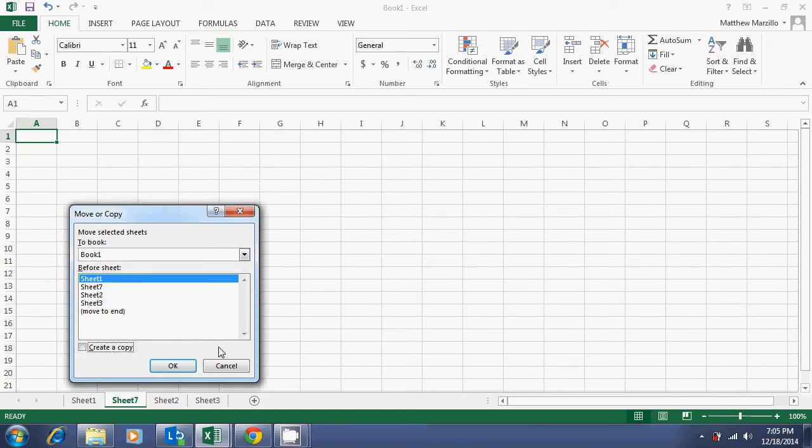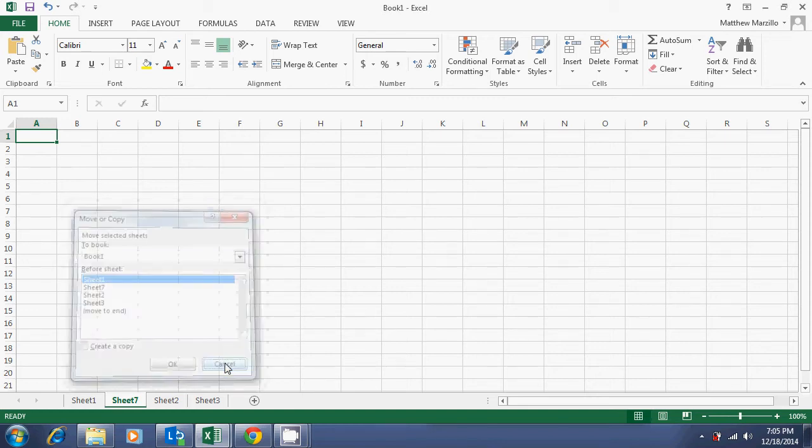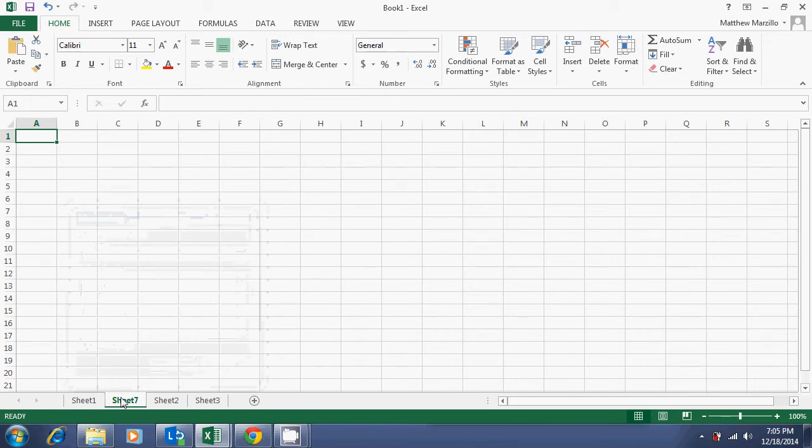So that's an important thing to know if you're trying to duplicate some work, or maybe you have a lot of data. Say you have thousands of rows and multiple sheets. Say you want to just bump out one of the sheets and work on it separately because it's a little bit cleaner, a little bit easier to work with. You can do that. So let's delete the sheet that I just added there,